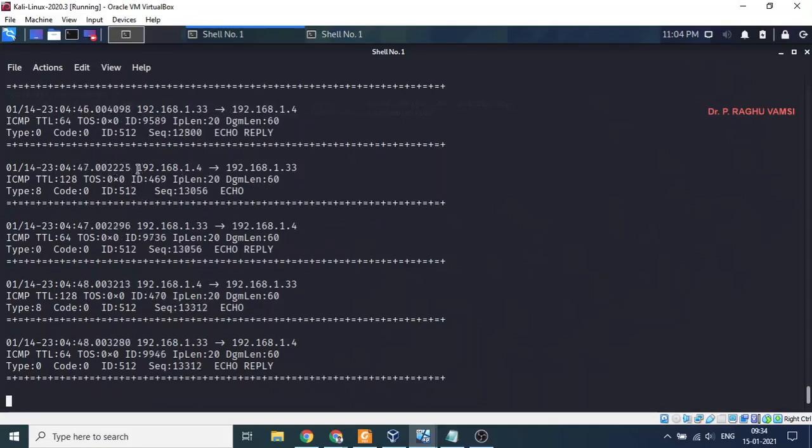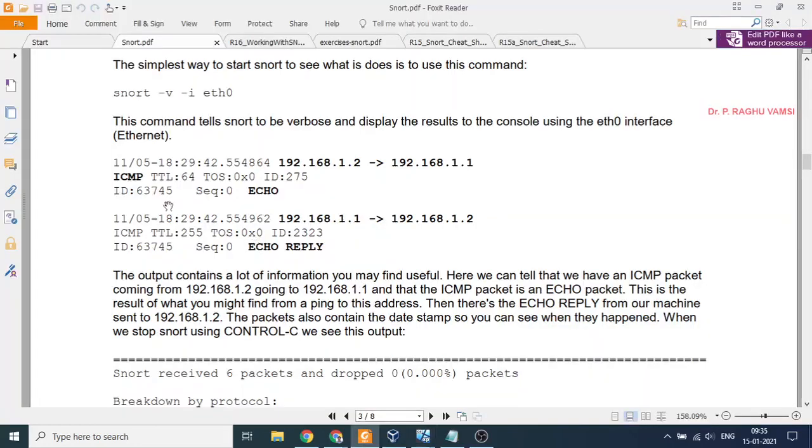From the XP operating system, that is 192.168.1.4, the type is 8. 8 is nothing but echo request. 0 means echo reply, and sequence numbers we are getting. So we are getting the output as it is, like how we are getting the output here.